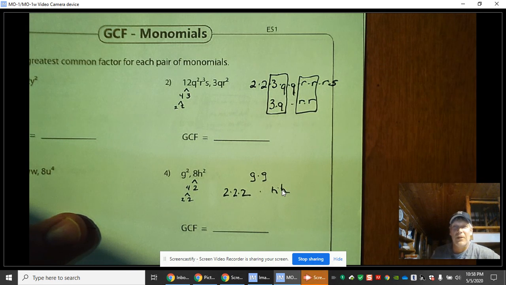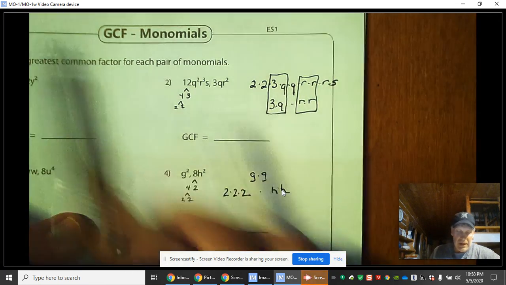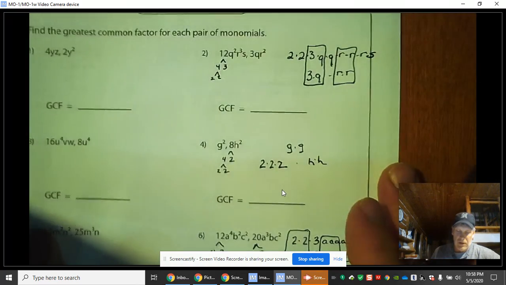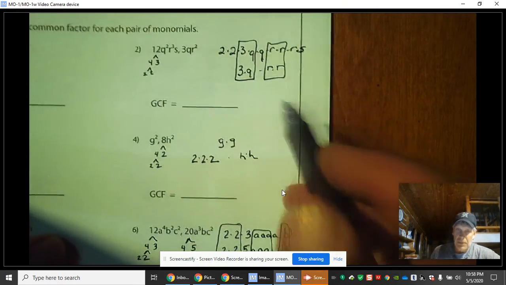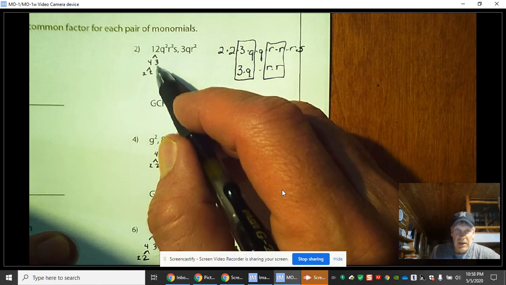Hey, you guys, here's the worksheet you're going to work on today. You're looking for the greatest common factor, and you're going to be looking at two terms and then looking at three terms. So, first worksheet, if you go to problem number 2, so I broke down 12, prime factorization, so